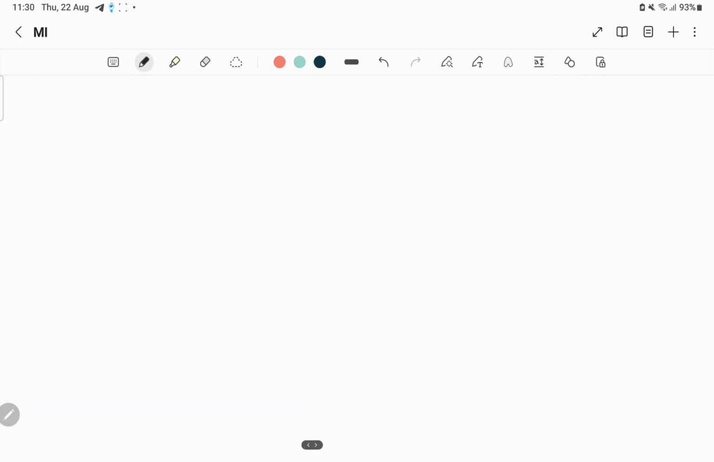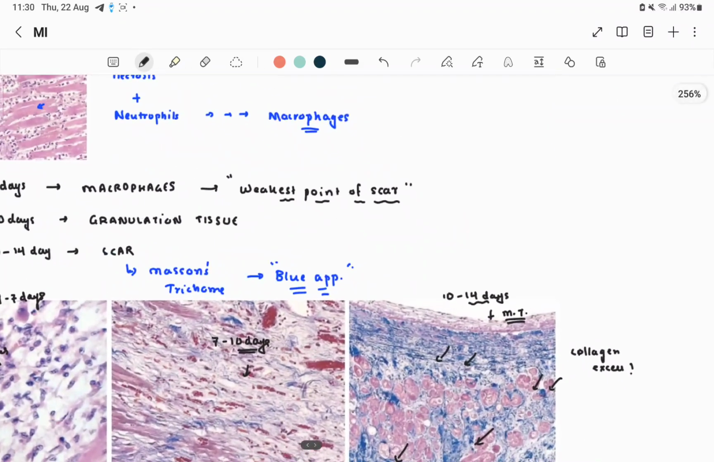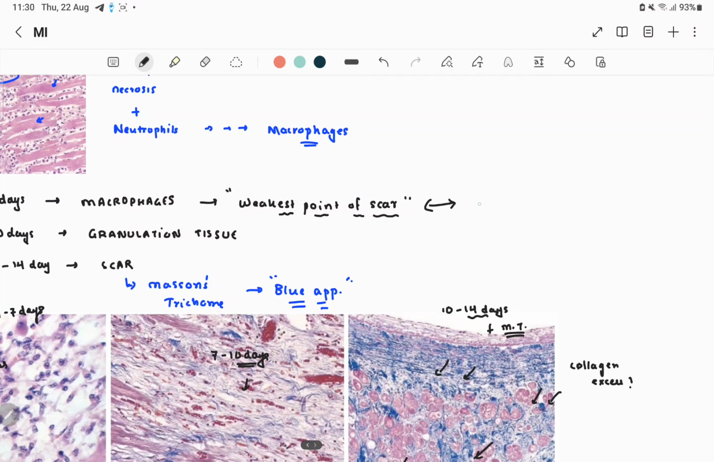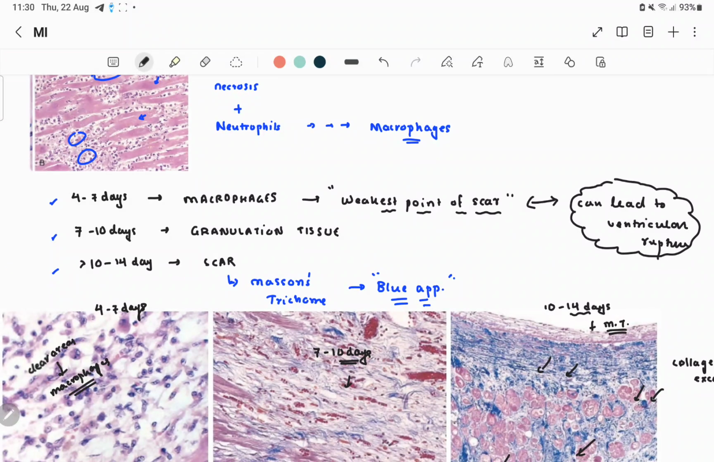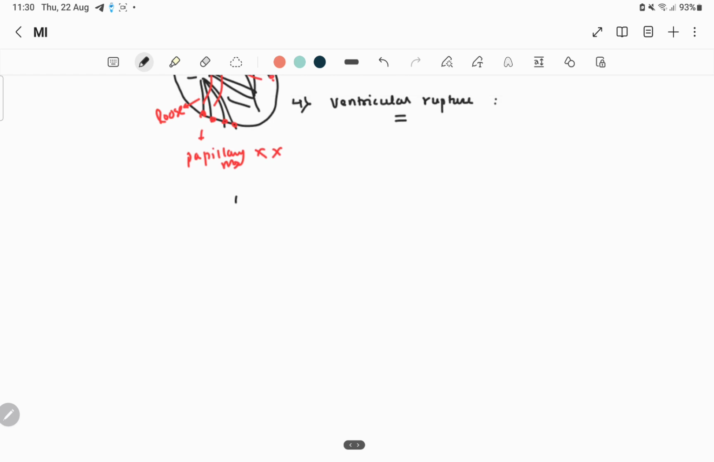I talked to you about the weakest point of the scar, this part, just look. If we have an infarct at this part, it can lead to ventricular rupture, because this is the weakest point of the scar, right? So we have a tendency of ventricular rupture at about 4 to 7 days. So this time period is important, right? So we can have a ventricular rupture here,